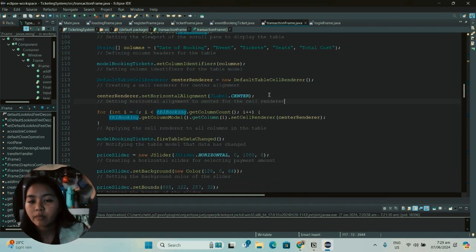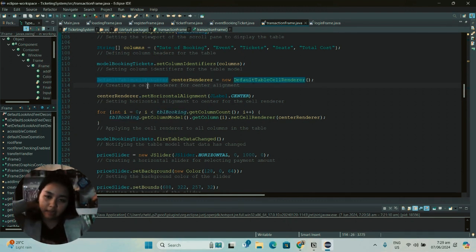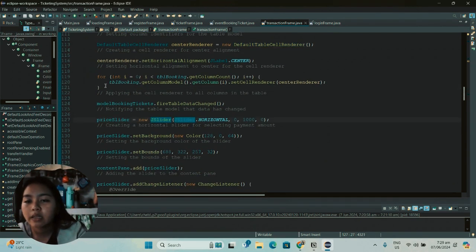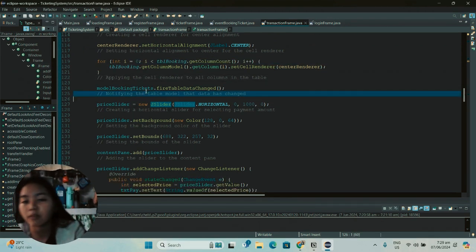So this is for the table cell renderer so that we can align the data on the table to center. So this for loop will apply the cell renderer to all columns in the table.